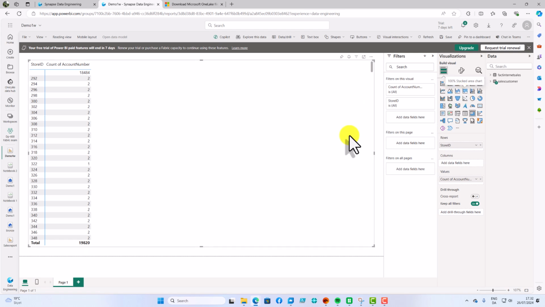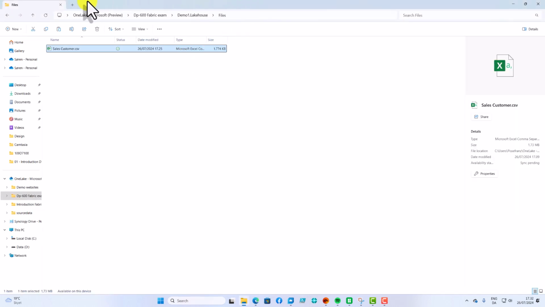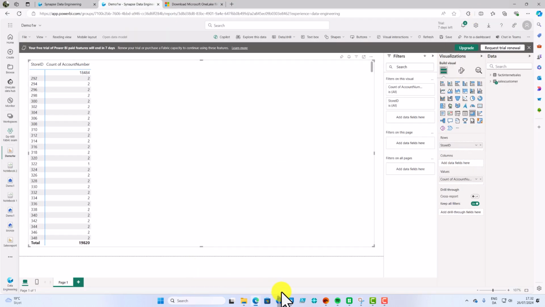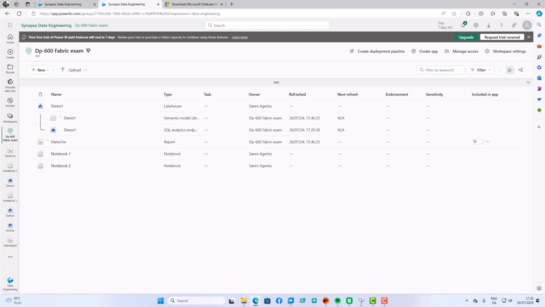So having a comma separated file, I uploaded it to my lakehouse through files, File Explorer. I then started to analyze in Python, I analyzed in SQL, and I created a Power BI report. And it took me less than 17 minutes because I've been recording for 17 minutes now. So this is actually what you are going to work with. Get data in, get it ready for presentation, and let people use it for presentation.